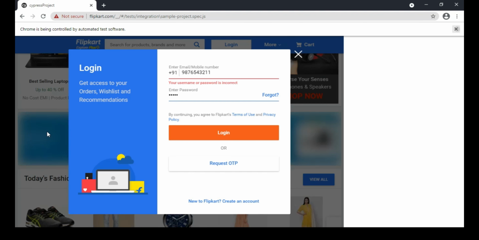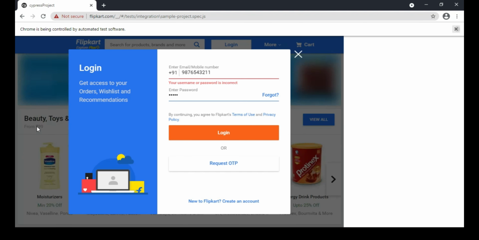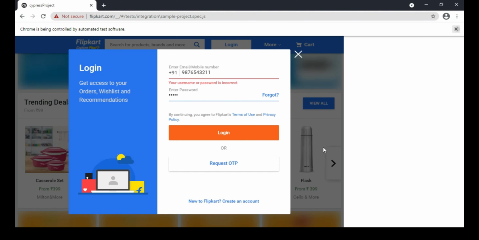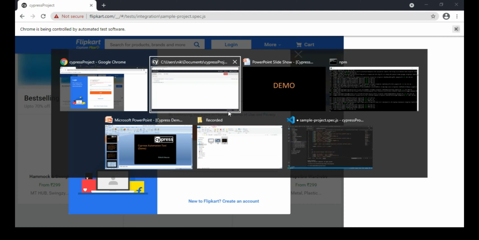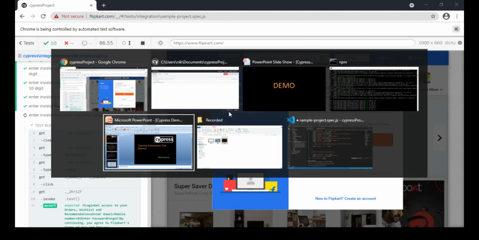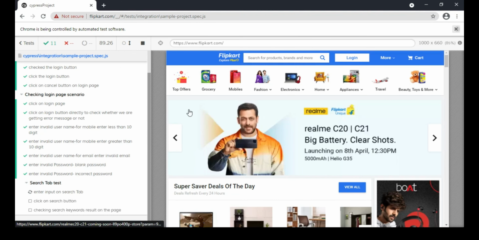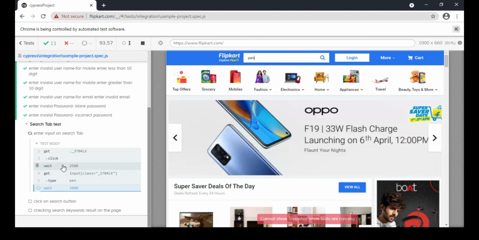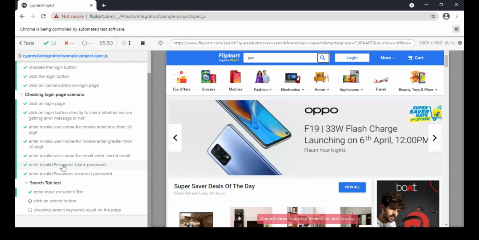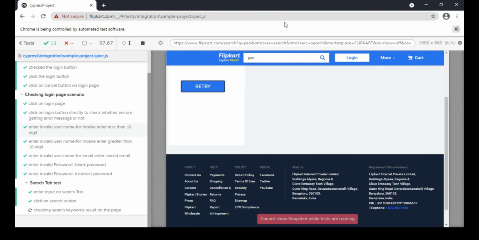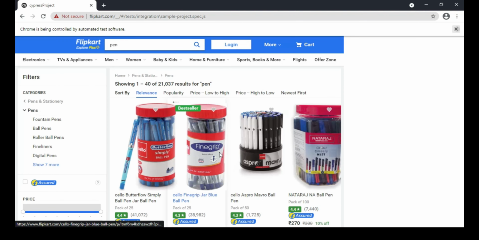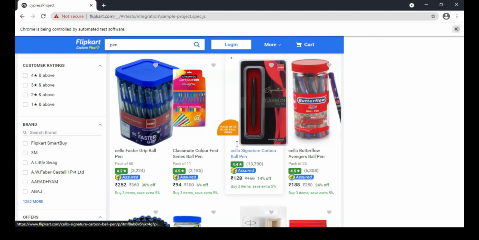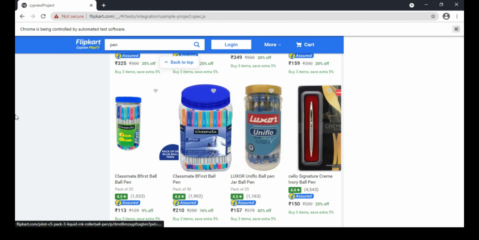Now for invalid password, we are getting a screenshot here, because I have given a screenshot for this message to come. Now we have the search tab. Here we won't get any screenshot because I have not put in that code. We write something and we get a result. If we get a retry button, then we click on that. So this is the way it is working.